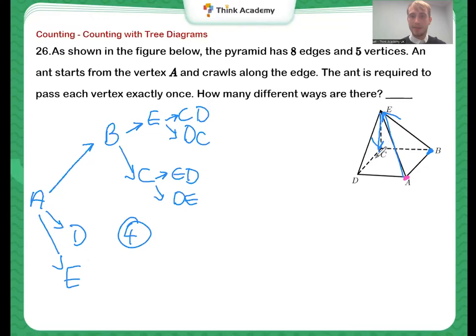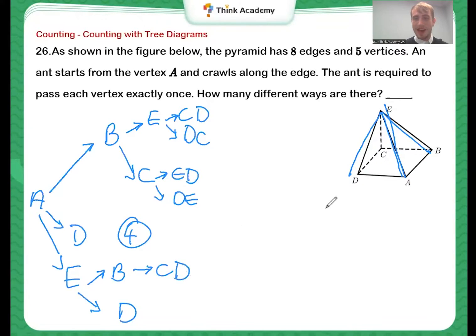From A to C, if you were to choose to go along D, it's impossible to get to B without touching something we've already got to. So when you get to E, there's only 2 possible ways you can go, which is A, E, B or A, E, D. I'll try and use my pen to show you which ways. So you either go down there or down there. You can't go over the hill to C. So from A to E, we can go B or D. Now from B, you've only got 1 route, which is then C, D,